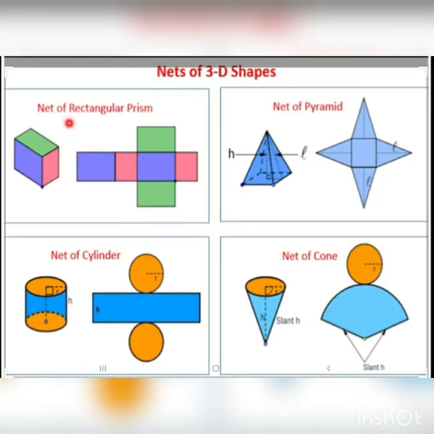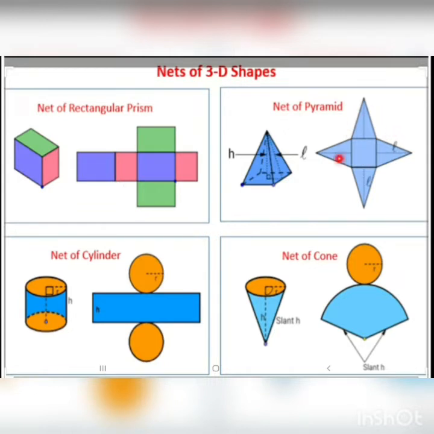Here this is a cube or cuboid, both. There is only one change. In a cube all the sides will be square. In a cuboid some sides will be square and others will be what? Rectangle. So this we can consider as a cube. Then this is the net for a cube. That means when this is folded we are getting a cube. Folding from all the sides we are getting a cube. This is not a cube, this is a cuboid because these two sides are square whereas these other sides are rectangle. So it will be a cuboid.